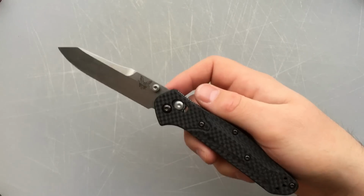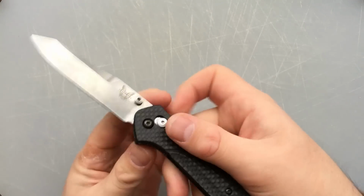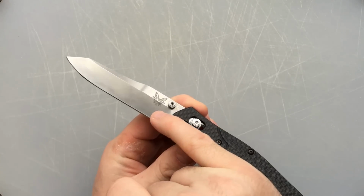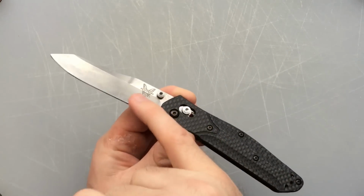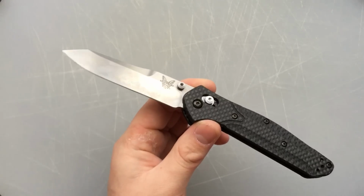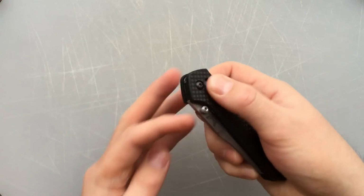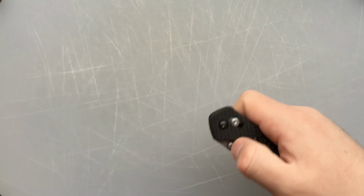Similarly, for your 940 regular, do not pay retail. Do not buy from Benchmade. Do not pay the butterfly tax, which Benchmade's crazy executives have decided applies to this. Buy it for what it's really worth, used. That sucks. I know I should support Benchmade, but the fact of the matter is, Benchmade as a company these days